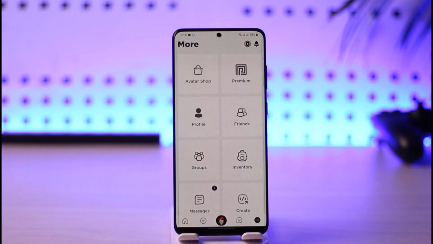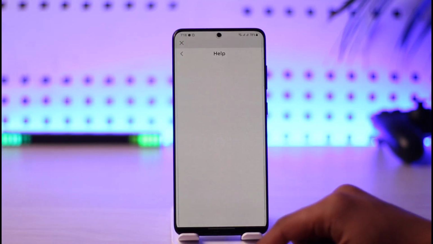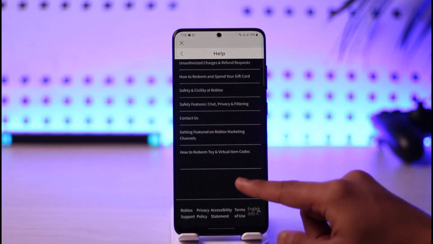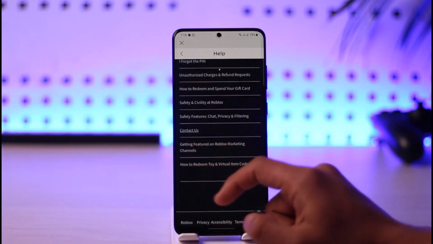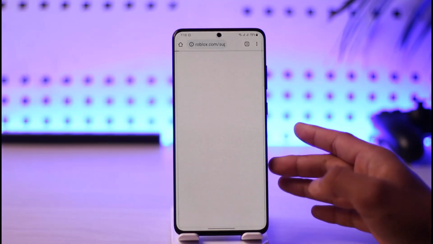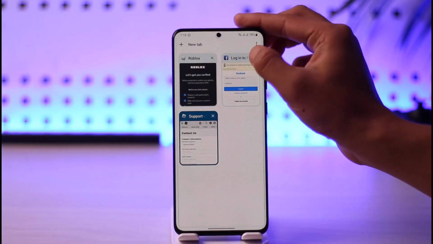not working on Roblox, then you might want to contact customer care by going over here and selecting the option called Help. Just go into the customer service section here, scroll down to the bottom of the screen, select the option called Contact Us, and tap on Contact Us. You'll be taken to the Contact Us page, tap the support form, and then make sure to fill out a form and let them know that your payment method was basically declined, and they should be able to help you